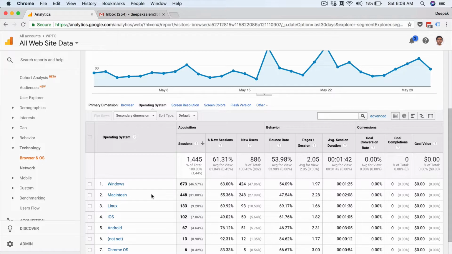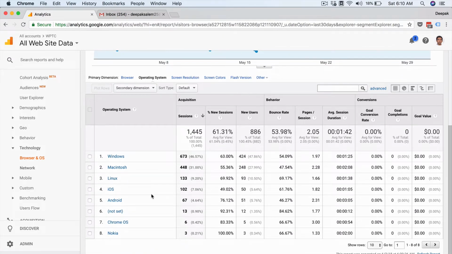If you are using a WordPress blog and if you are a blogger, you don't need to worry much about it, because mostly as a blogger you will be able to get your site delivered across all operating systems and all browsers without any problem. The WordPress content management system takes care of it.